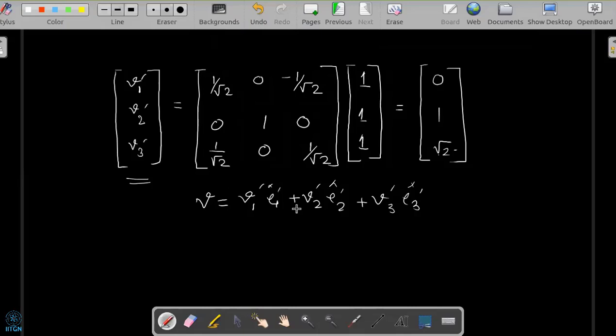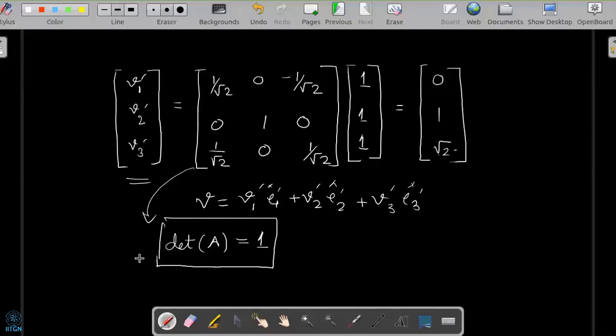Okay. Now let's determine the determinant of this matrix. Tell me, what is the determinant? Check what the determinant is. Anyone, can you tell me that? It's 1. Yeah, it's 1. Fine. Just remember, for now, we have calculated the determinant and obtained that it is equal to 1. I will tell you the further concept of this.